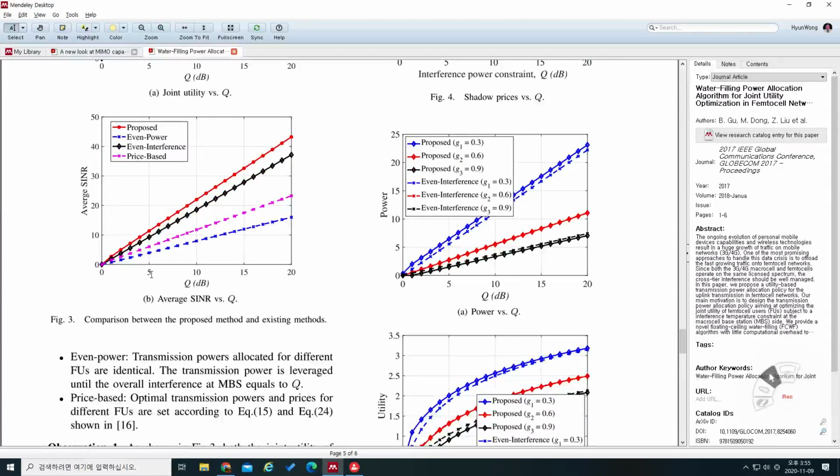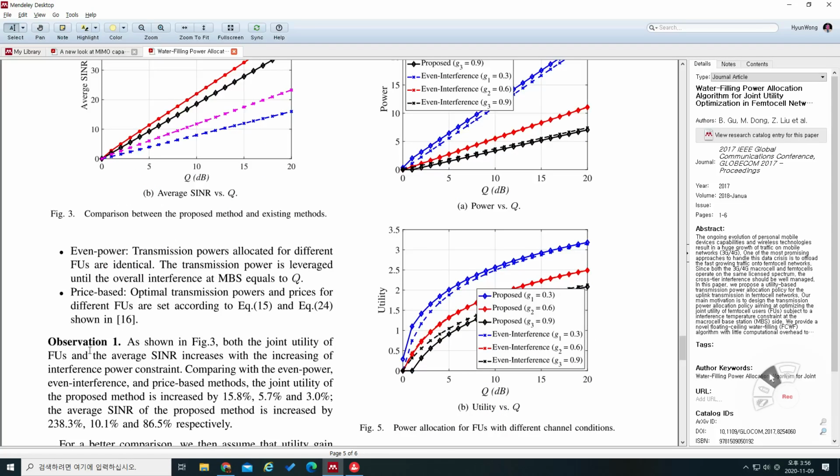Comparison between the proposed method and existing methods. Even power: transmission powers allocated for different FUs are identical. The transmission power is leveraged until the overall interference at the MBS equals Q. Price-based: optimal transmission power and prices for different FUs are set according to equation 15 and equation 24 shown in [16]. Observation 1: as shown in figure 3, both the joint utility of FUs and the average